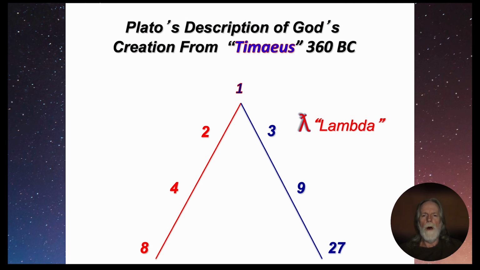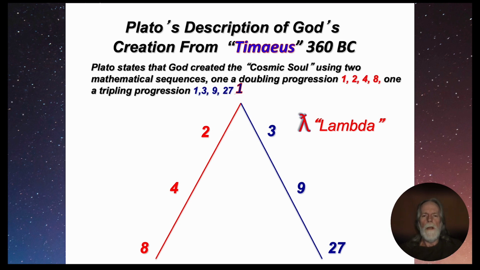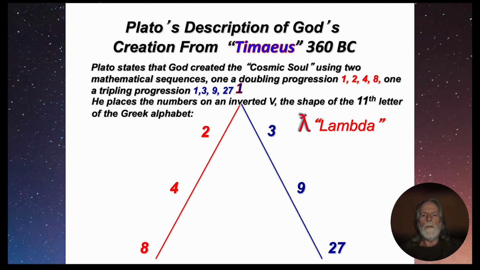Plato describes God's creation in the dialogue of Timaeus in 360 BC. Plato states that God created the cosmic soul using two mathematical sequences. One, a doubling progression of 1, 2, 4, and 8. One, a tripling progression of 1, 3, 9, and 27. He places these numbers on an inverted V, the shape of the 11th letter of the Greek alphabet, and he states,